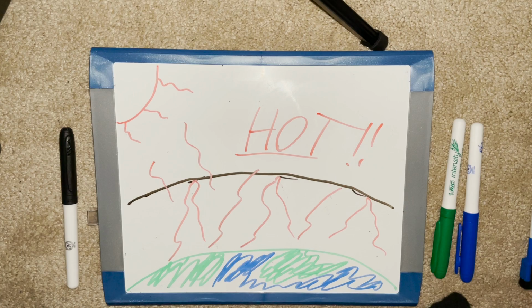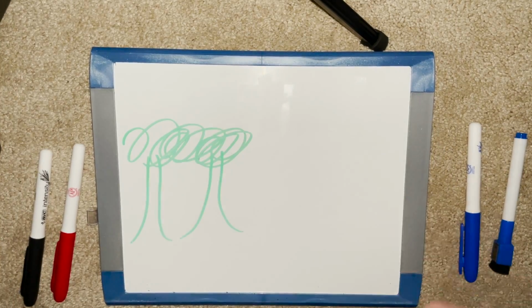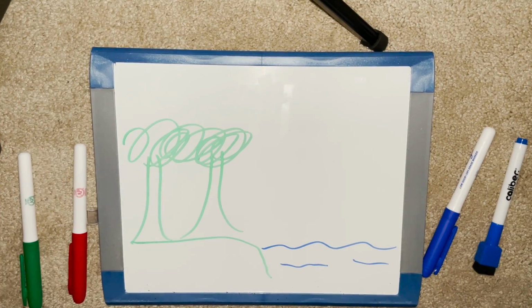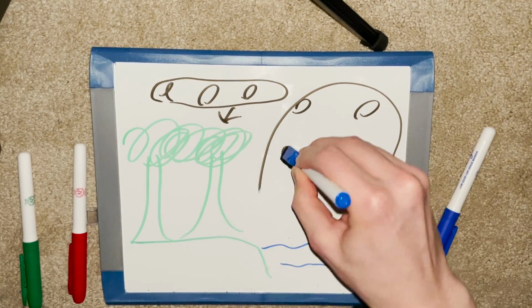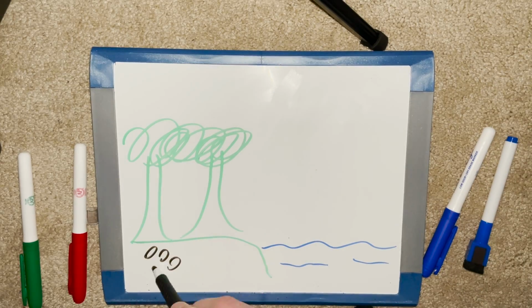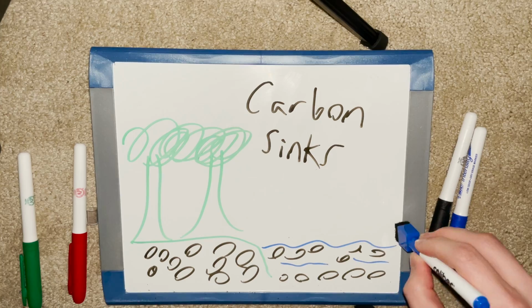This brings me to my second question. How does it affect us? Like I said before, the trapped solar rays cause the Earth to warm. This is not only harmful to the air, but also the ocean. The oceans and forests all over the world are considered to be what are called carbon sinks. They like to absorb a lot of carbon.